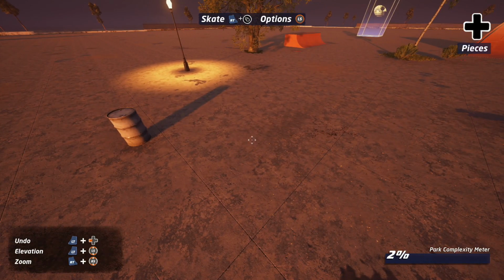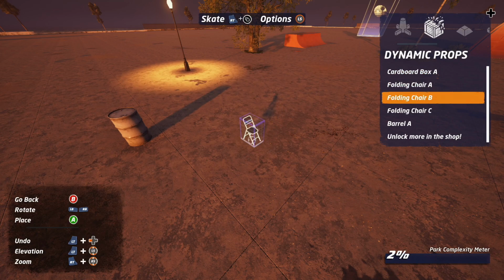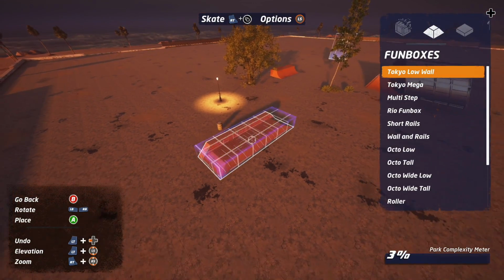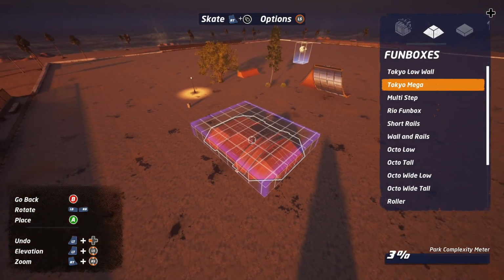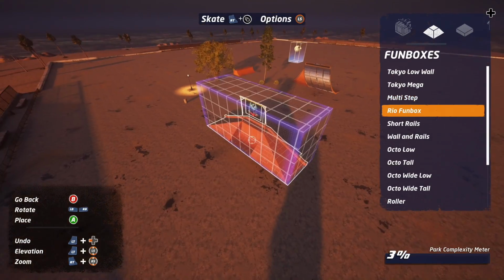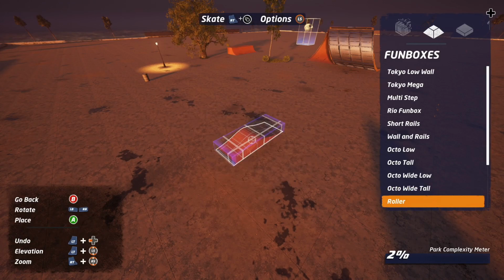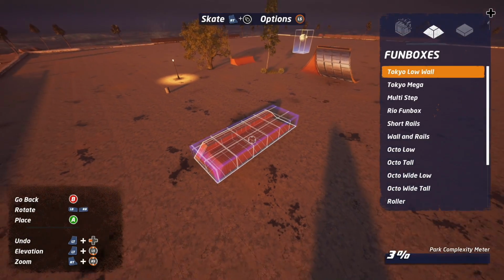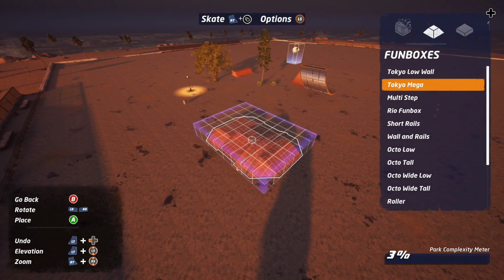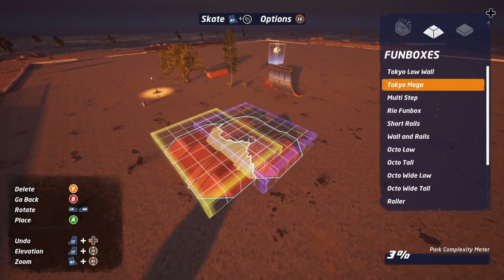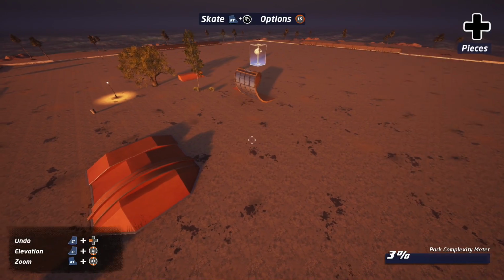I even jumped into the editor last night to try it out and just see what it was. I didn't expect too much. I expected a bunch of different objects, a bunch of different types of ramps, all the half pipes, quarter pipes, kickers and rails, that type of stuff that you could just throw out onto the map. I never really looked too much into what you can actually do, but